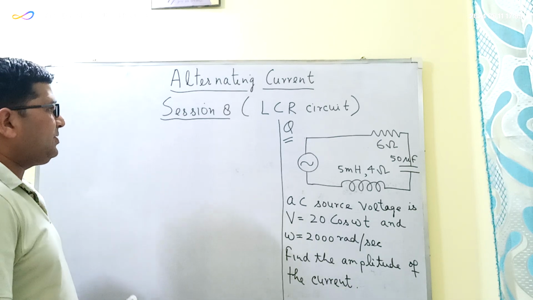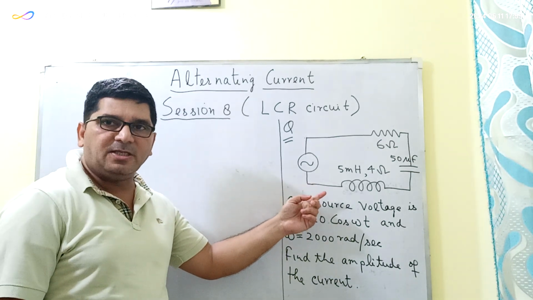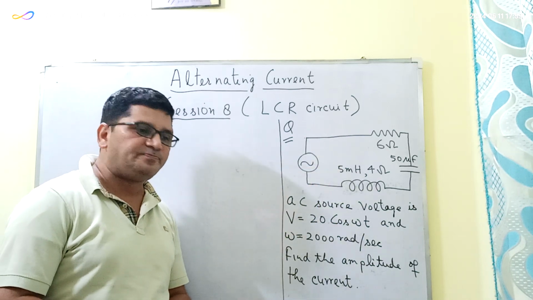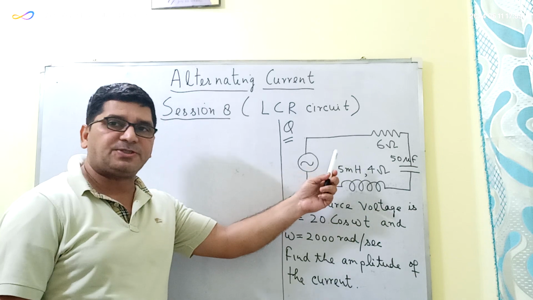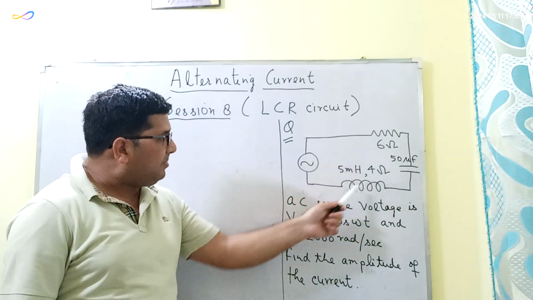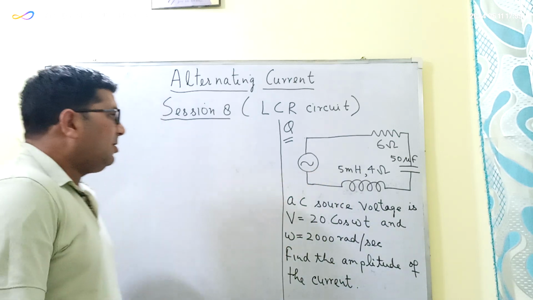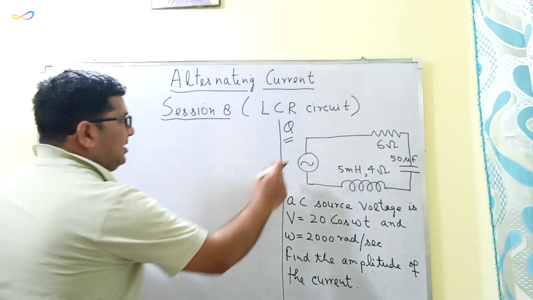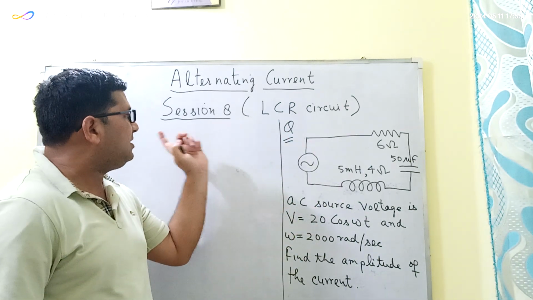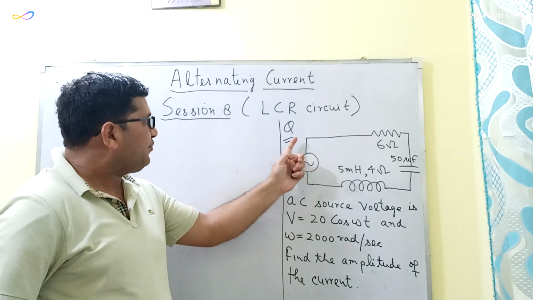We also derived the equation for the impedance of the LCR circuit, and impedance is basically the total resistance offered by the elements present in the LCR circuit to the flow of the current. So here I have taken one question which is based on what we studied in the previous session, that is session number 7, and the question here is that